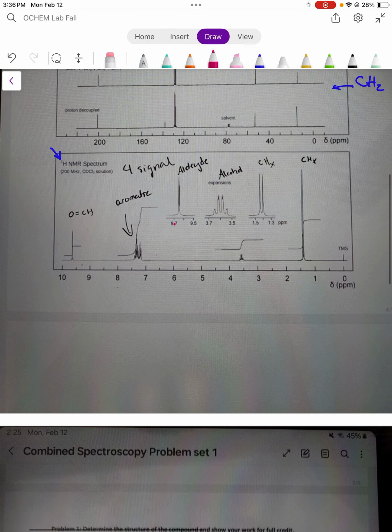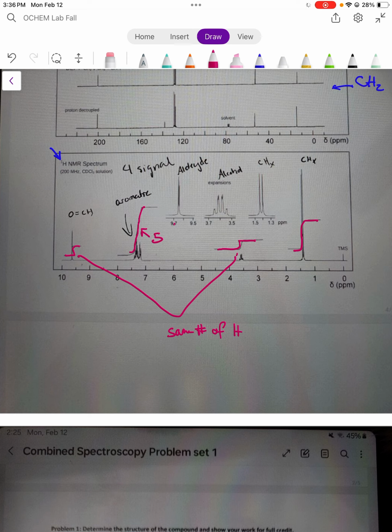Now we go down to HNMR. So these have these kinds of lines. I forget what they're called. But it means that these two are going to have the same number of hydrogen. Okay? This one, the aromatic, is going to have the most, which means it's probably 5. It's going to be 4 or 5. But then the shape of this also says something about if it's 4 or 5. So this is kind of right on the edge, but